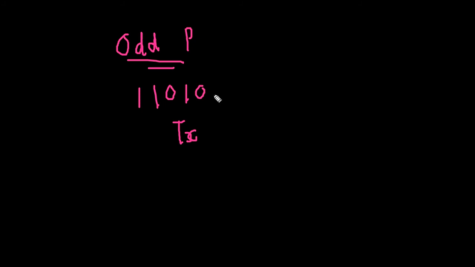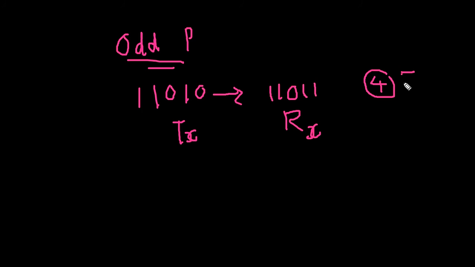At the receiver side, the same process repeats again. Say the data received is 11011. At the receiver side, the device will compute the parity of the received data. Now how many ones are coming? 4 ones are coming, so the parity obtained is even. The parity expected was to be odd. So the receiver will detect the error and will request the transmitter to resend the data again.